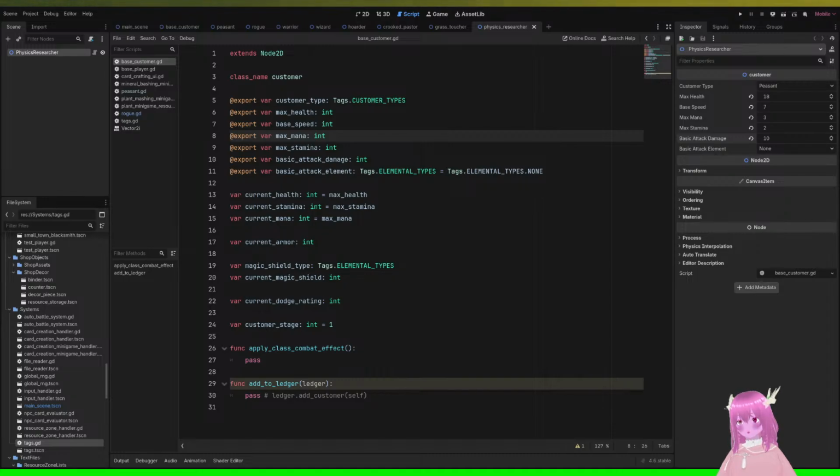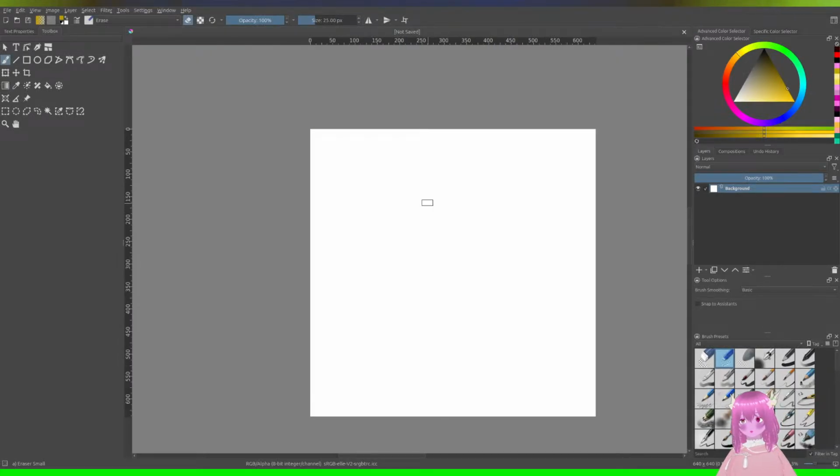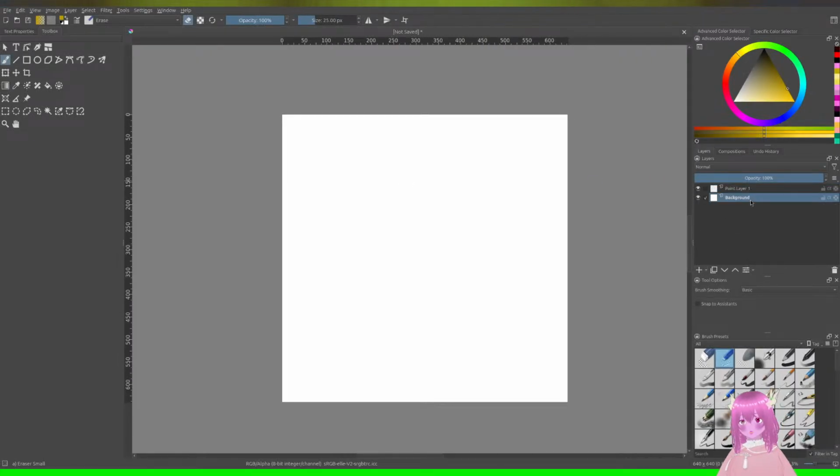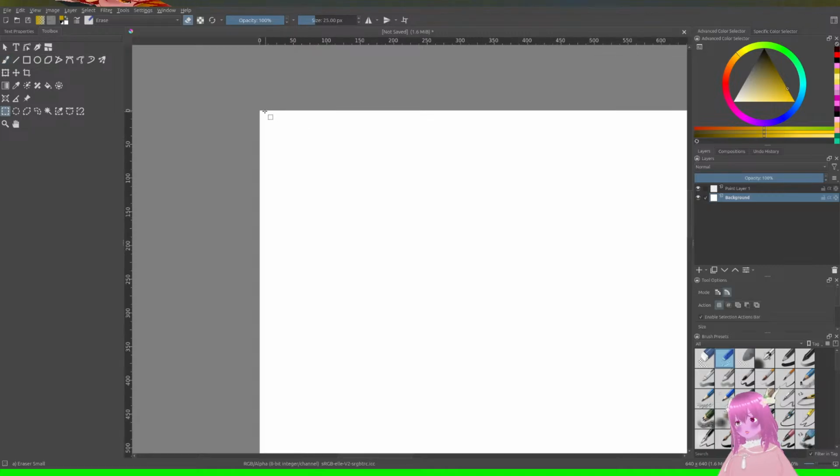New. 640 by 640. What, my Critter? Oh, not saved, Critter. There it is. Go ahead and delete this back. Actually, I don't delete the back layer, I fill it with... These will be 64 by 64.